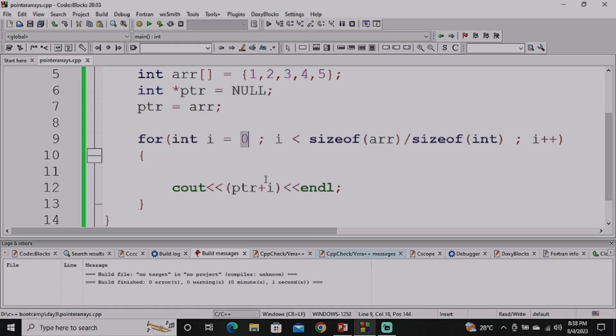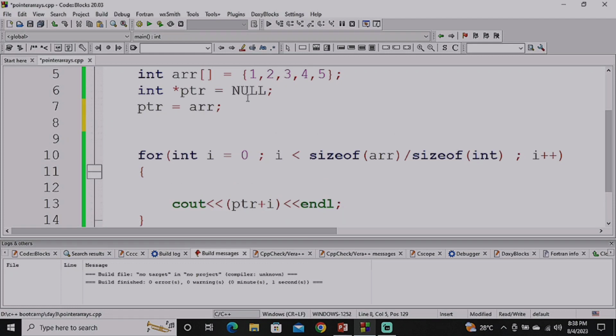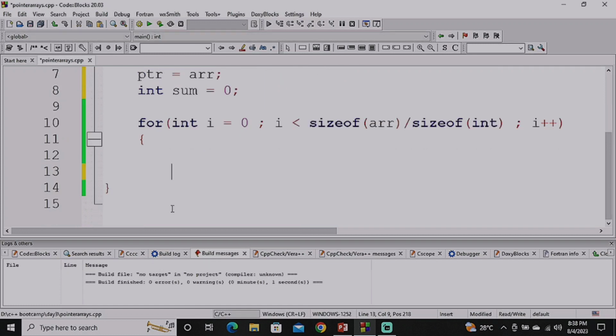Now you have got the idea of how it is located within the memory. We have printed the addresses and looked at how every element was at a difference of 4 bytes, as well as how we can access all of these elements. Let's perform a simple calculation so that you know you can perform different tasks with it. So let's say integer sum is equal to 0. Instead of printing all this, what we can do is sum plus equals